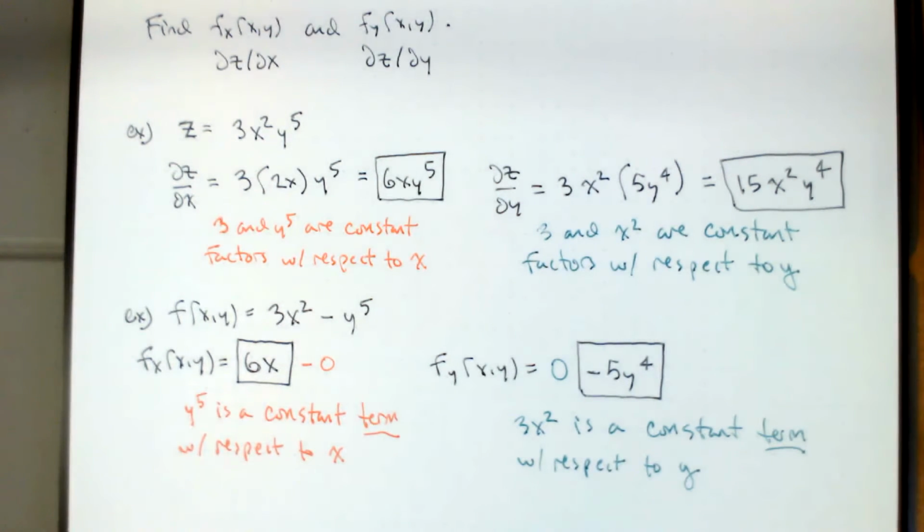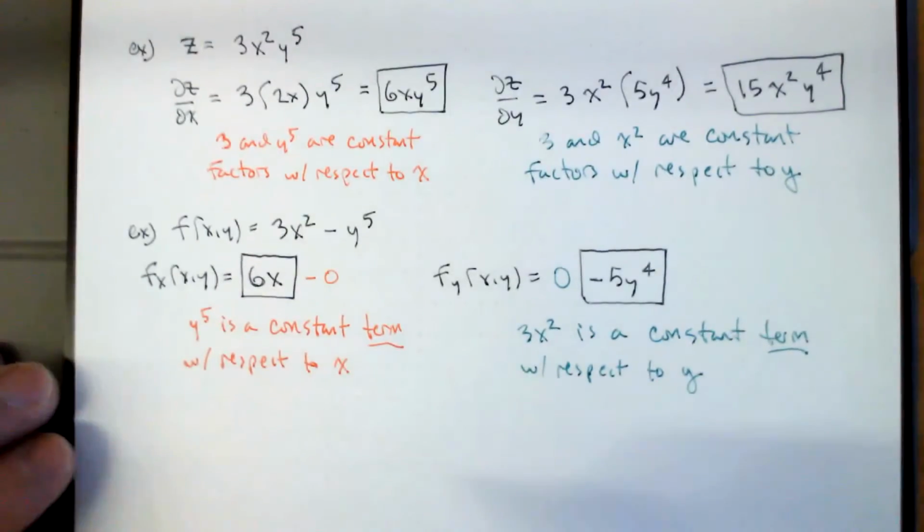First thing is looking at a variable term and reading it as a constant term. That's the tricky part. That's the first level of this skill. Making sure you can read constant term, constant factor. We could have combinations of these things. So for example,